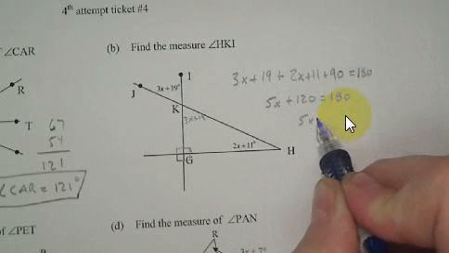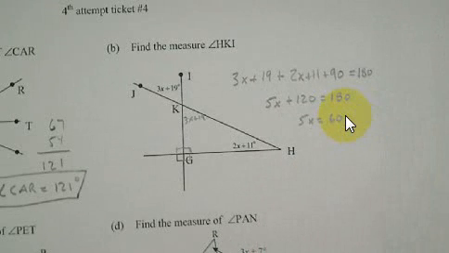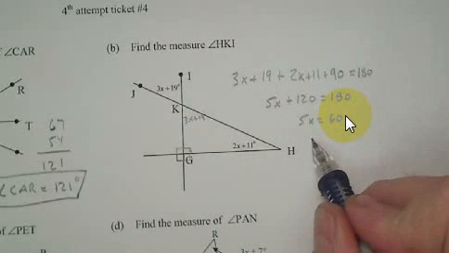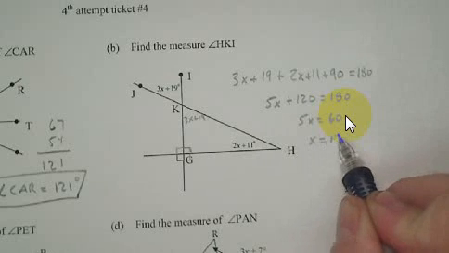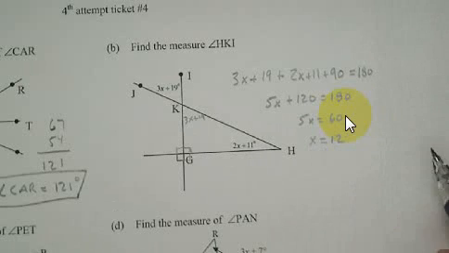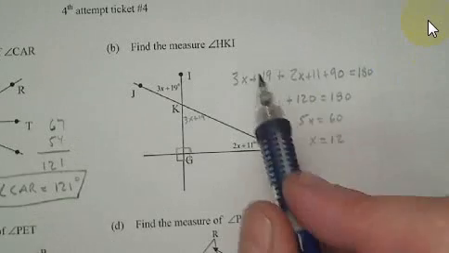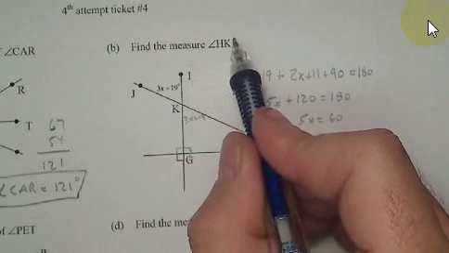Move the 120 to the other side by subtracting it, and dividing by 5 is the last step, and we get x is equal to 12. Now be careful, don't box that as your answer, because we do have to check to make sure that we've solved the question. Find the measure of angle